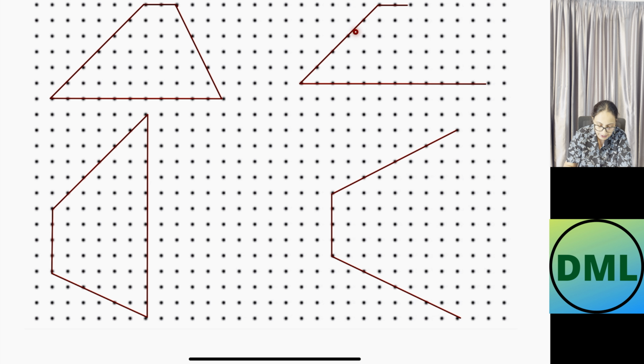I have joined this side with this side. Let's see how many units. 1, 2, 3, 4, 5 units on this side. To make the isosceles trapezium, I need to join this with this one with the 5 units only. Let's join this and see whether it is 5 units or not. 1, 2, 3, 4, 5 units on the right side also. So they both are of the same length. So the length of this one and this one is the same, and these two sides are parallel to each other and they are of different length. So this is the drawing of the isosceles trapezium.